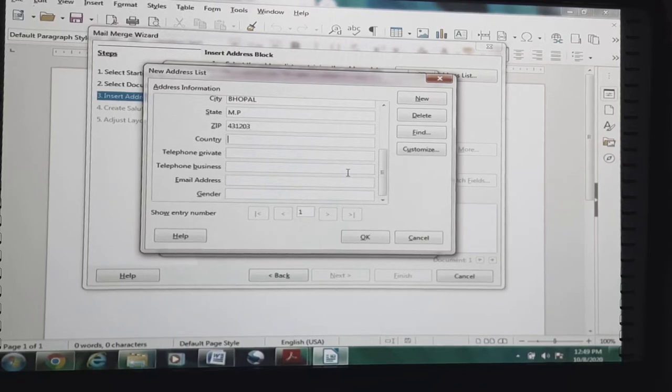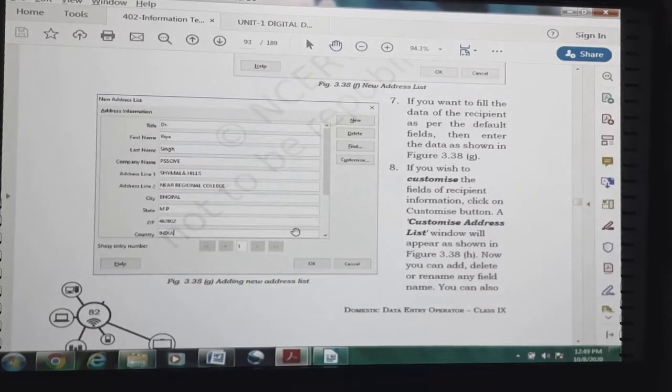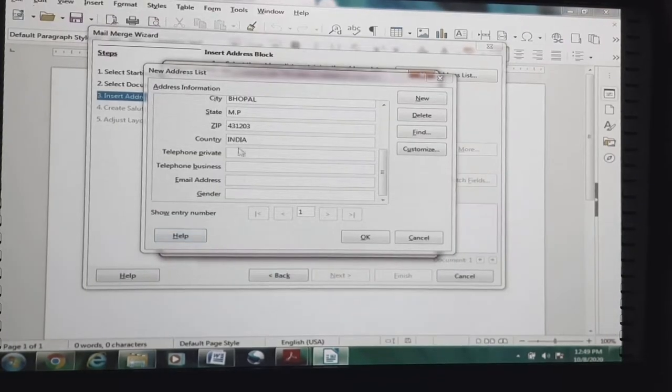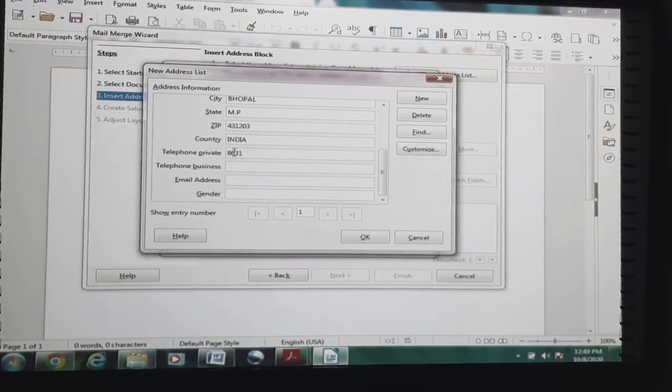Suppose country India, telephone private, showing figures. So like this, we will go ahead and enter an imaginary number. Telephone private 8631 or 131818380, like this.